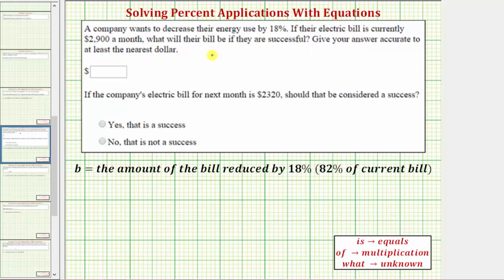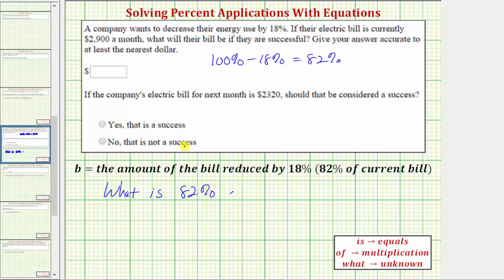But because 100% minus 18% is 82%, we could also answer this question in one step by determining what 82% of $2,900 would be. If we determine 82% of $2,900, that would be the amount of the bill after the reduction of 18%. So let's answer this question in one step by determining what is